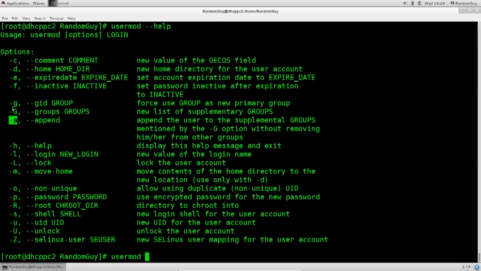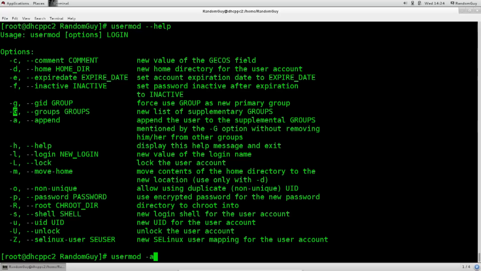Let me explain further what I mean by this. Let's say that one user belongs to 10 groups and you want to add an 11th group. If you add it with a -G argument, that means that only that group will indeed be added, but all the other ones will be deleted. If you put a in front of the G, then you will be able to actually just add the 11th group without deleting the other 10 groups. Anyway, let's go ahead and type in usermod